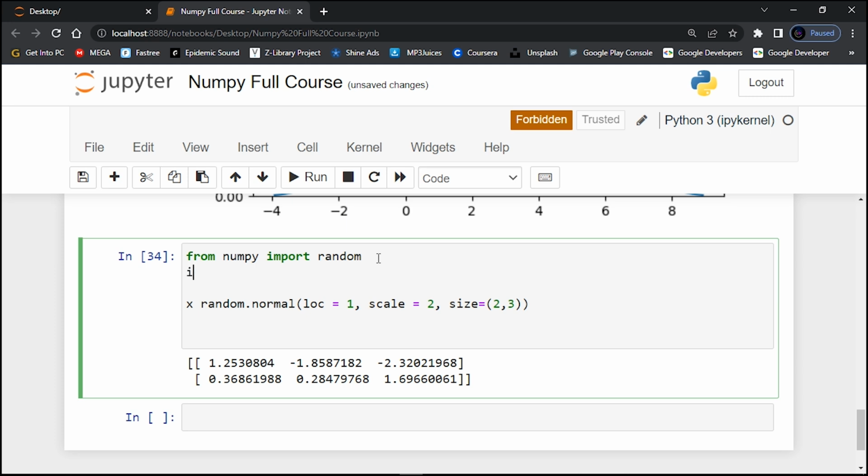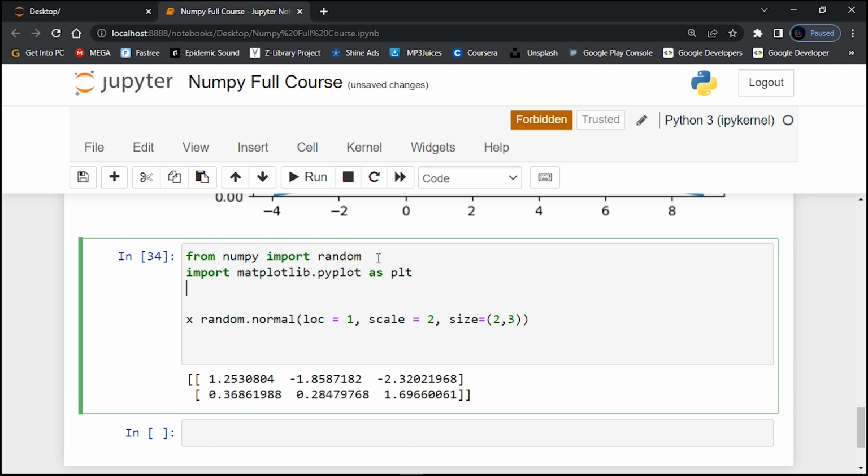So it should be import matplotlib.pyplot. Matplotlib.pyplot has the alias plt, and then also we will need to import seaborn, as sns. Now once you have defined that, here we can say sns dot